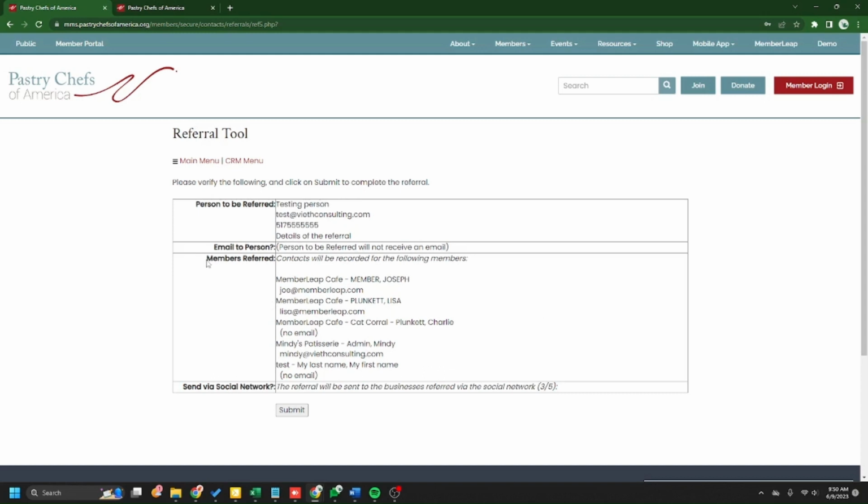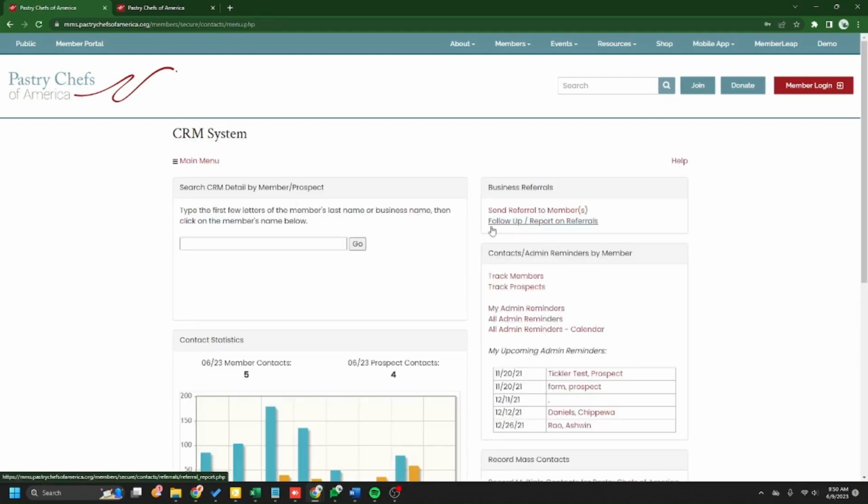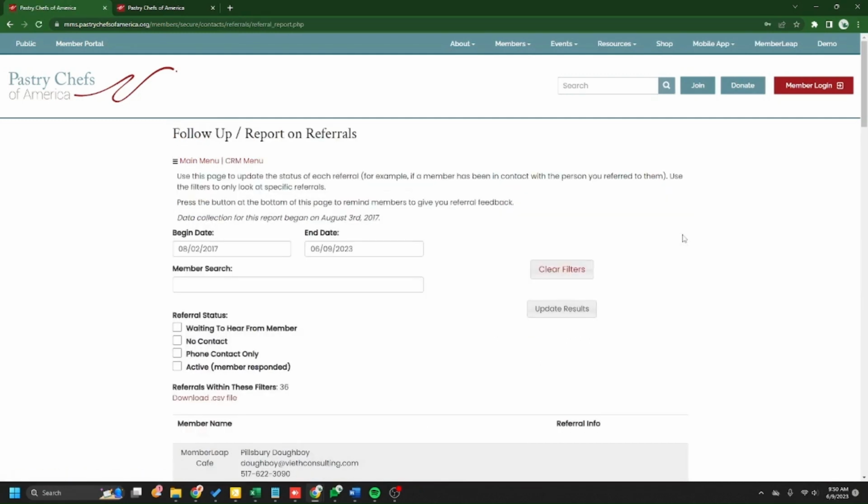And then who are you referring them to? So these would be the members you're referring them to. And then if you are sending a message via the social network. Once you've confirmed that, you click on submit and those will be sent along. You can also follow up on those. So let's say you've already sent those leads out, you want to follow up. So you go ahead and click follow up, report on referrals,